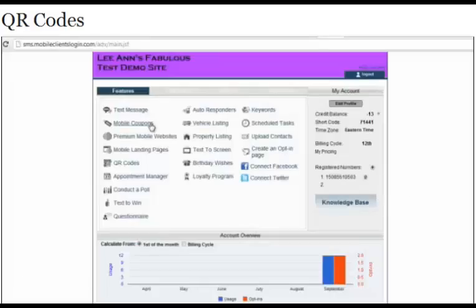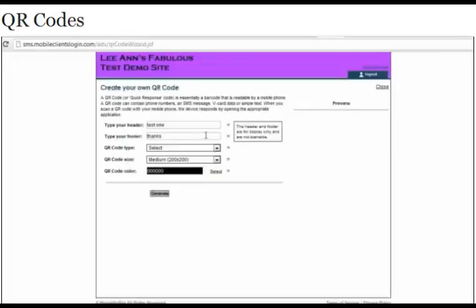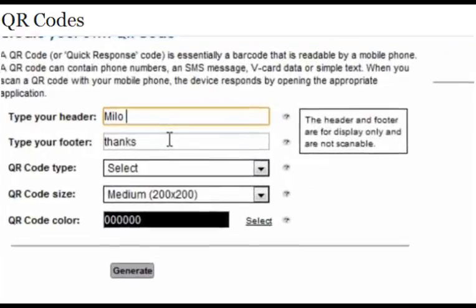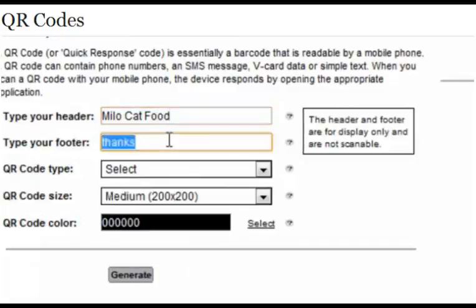In this video, we're going to talk about the QR code, so let's get right to it. I've been playing around in here. Let's type, there's going to be text over the QR code and under. So we could call this Milo cat food,